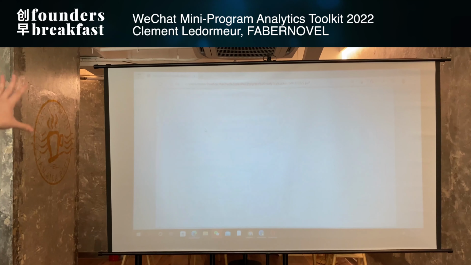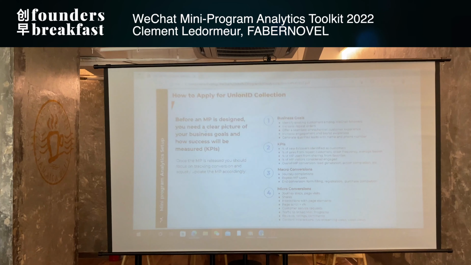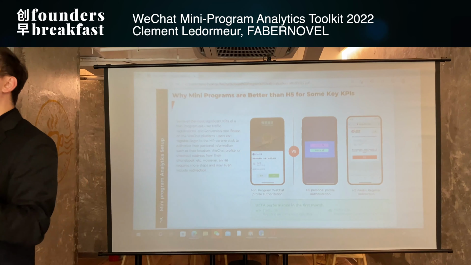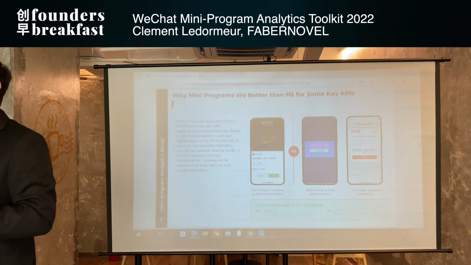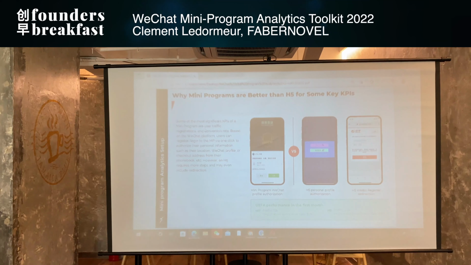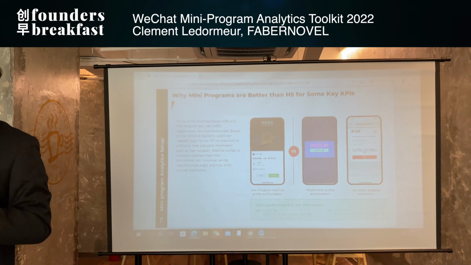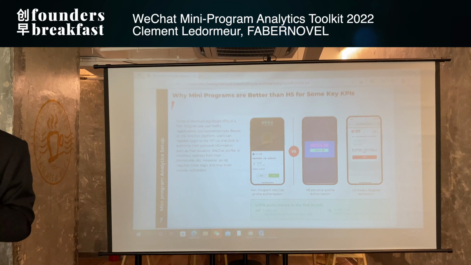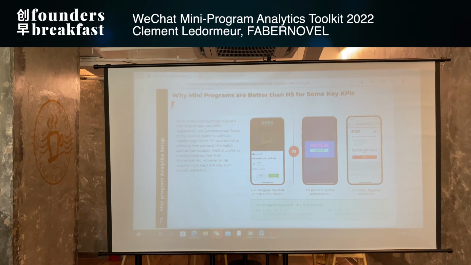This is very technical, so I will skip it, but there is a big part about Union ID, which is an identifier of WeChat. You can have 10 mini programs. Many brands have between 5 and 10 mini programs: one for e-commerce, one for store locator, one for clienteling, one for campaign, for example. The Union ID helps you to collect if Marianne went to this mini program and then jumped to another mini program, clicked on this page and wanted to buy this product. So Union ID is technical, but it's the kind of unique ID for a mini program.